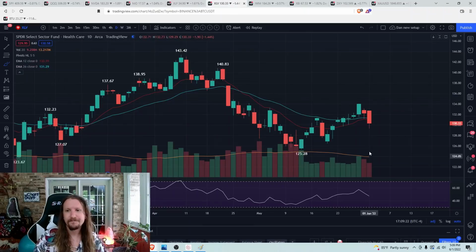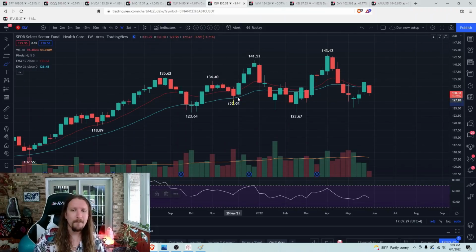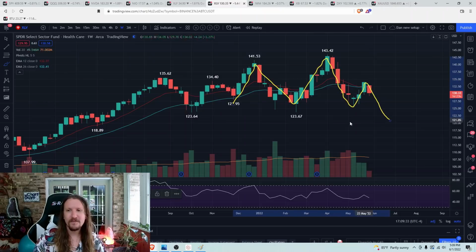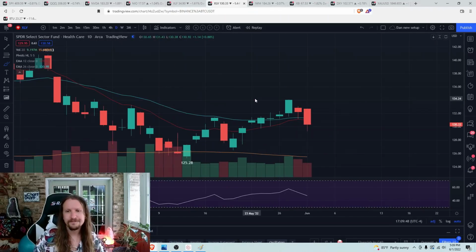Healthcare sector, still pulling back as well. Again, this is a big one for me, as I keep pointing out. If this is going to be a big old bear market, we have to confirm a head and shoulders and break 123. If we get to the lowest level in a year on XLV, confirming a weekly downtrend, it'll be notable. But for now,